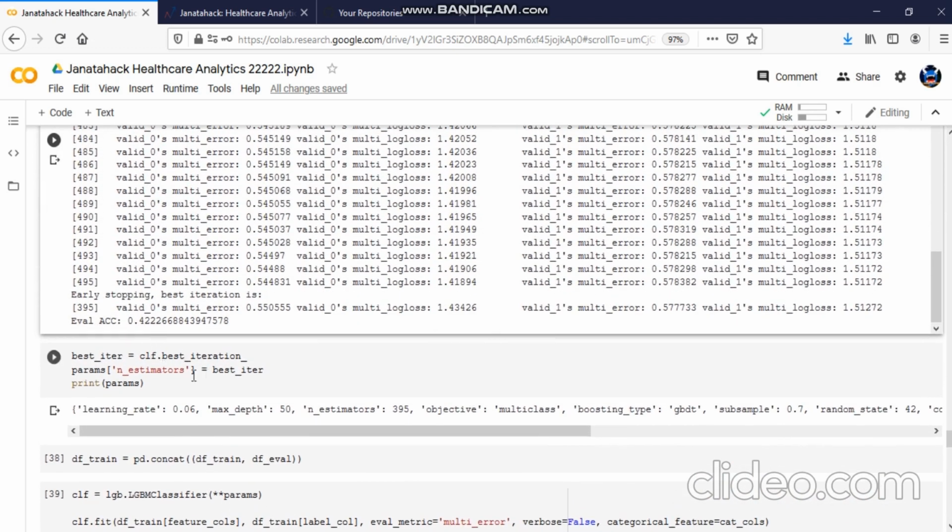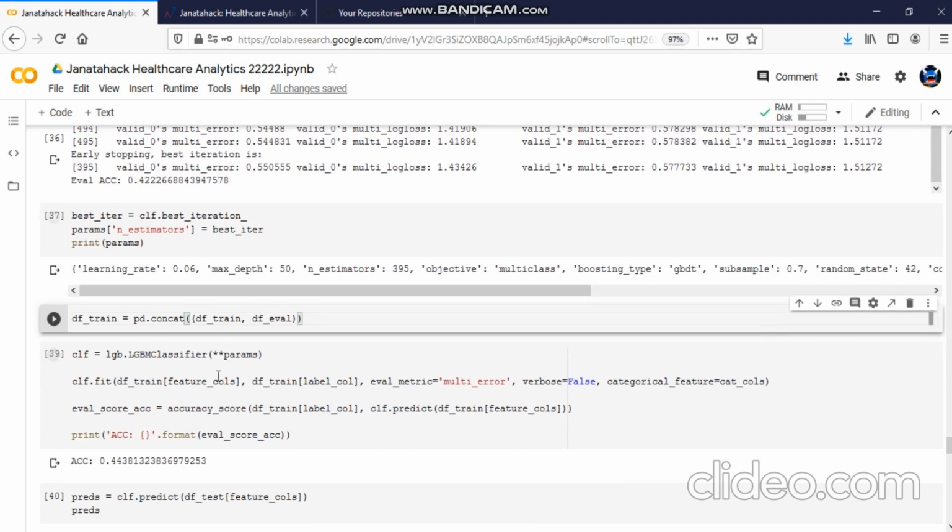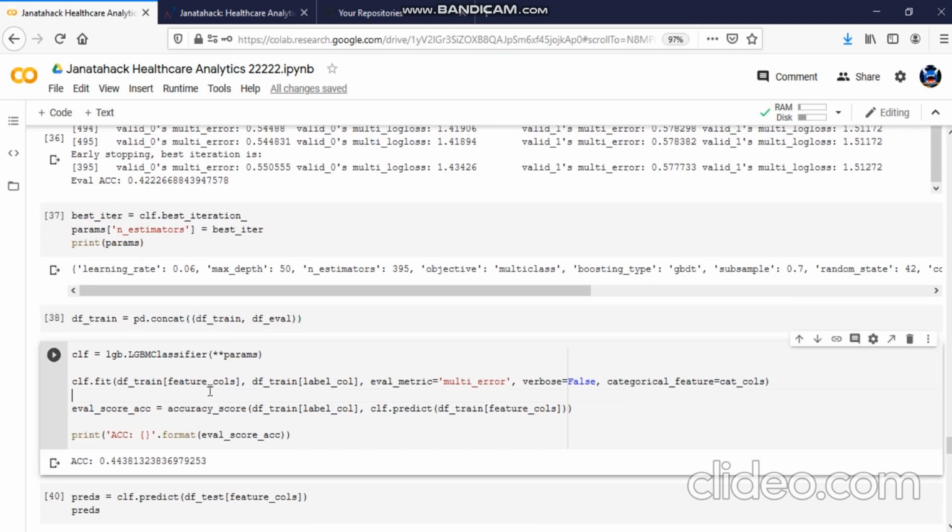From that I'm going to get the best estimators, and I'm going to again concat the train and the evaluation set into our main train set, and apply these parameters again on our train set, the dataset on which we have concatenated the train and evaluation set.